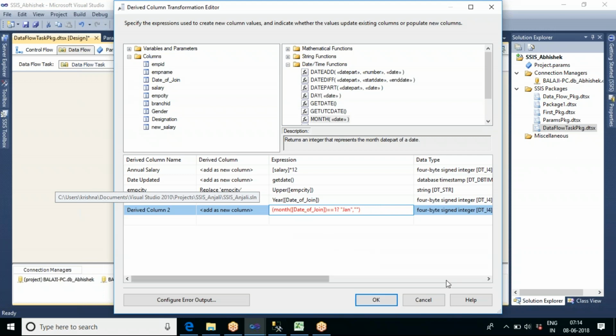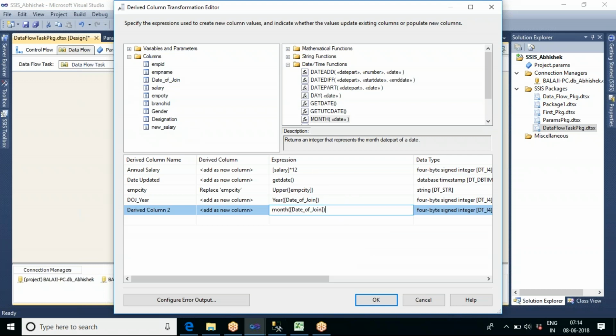So here you can see month of date of join will give me the month number. If you see this one, it is giving me the month number. Now there is no error here. Now what is this date of join?